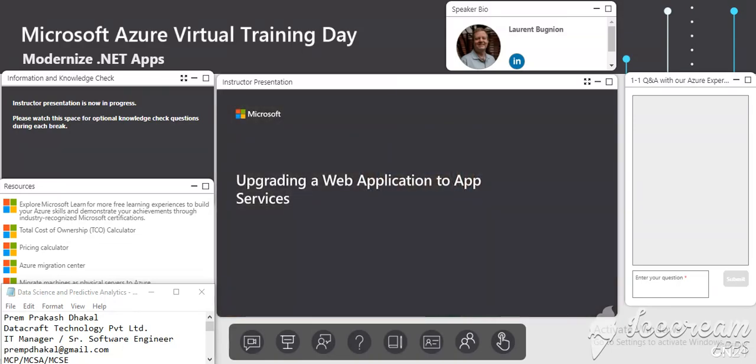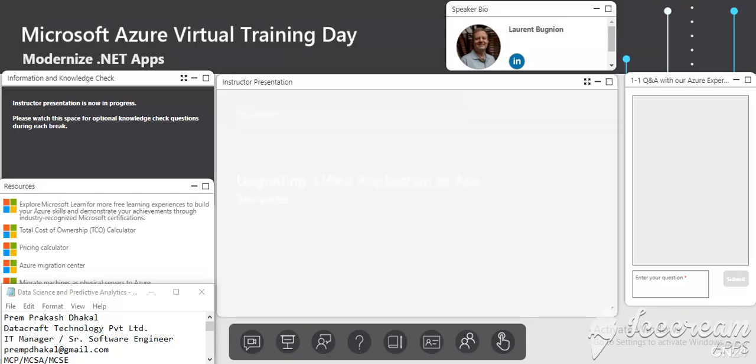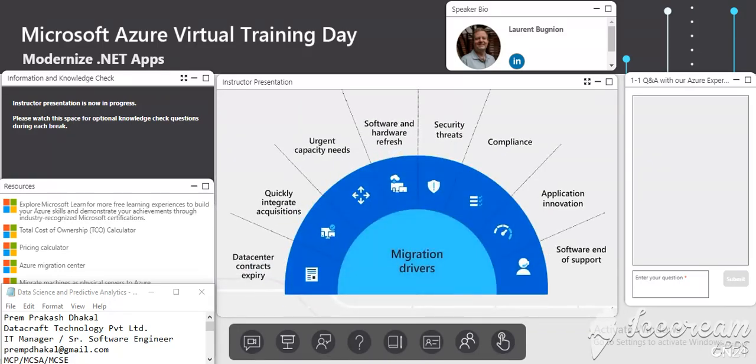So this here is about upgrading the web application to app services. We are going to actually physically move the application from your premise into Azure and into app services. And again, a quick reminder, there are a few reasons why people are migrating to the cloud. And we talked about that more in detail in the first session, so I'm not going back into every one